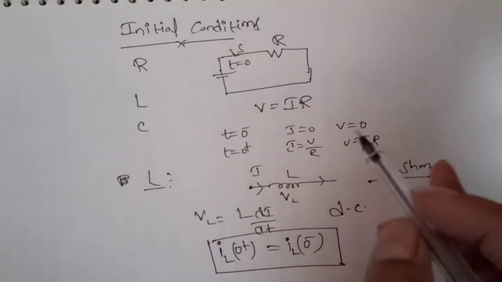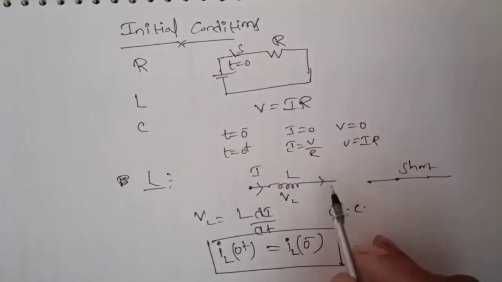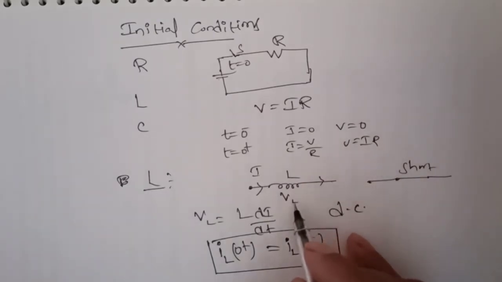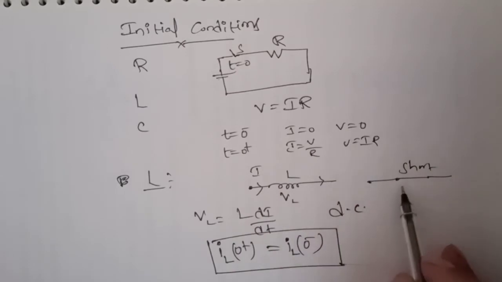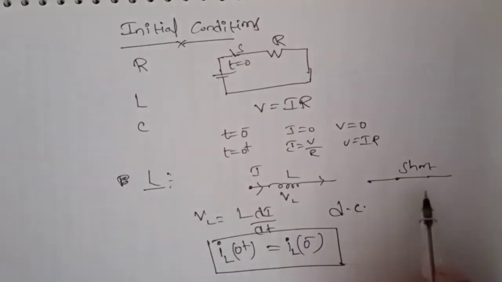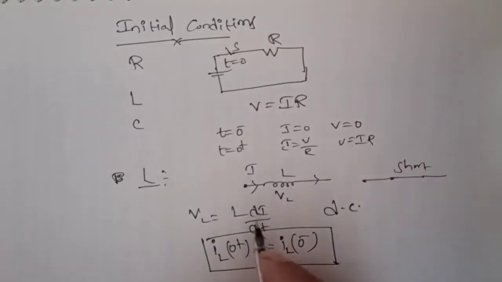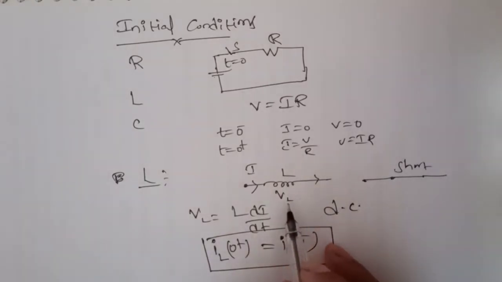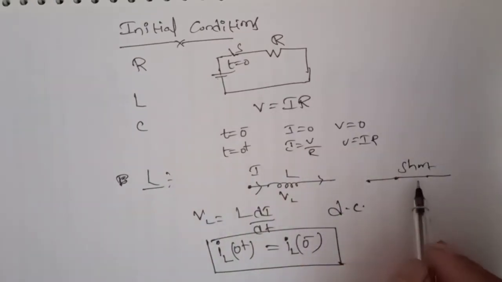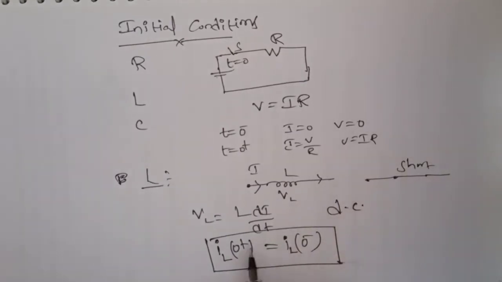For example, you are running the circuit for a long time, then we know that the inductor acts as a short circuit. There you can expect certain current. So at that time, reference time t equal to 0, if you switch off the power, the current suddenly does not go back to 0. Why? Because we know that it can act as a certain energy source. So from a long time we are operating, it acts as a short circuit, that's why the inductor never allows sudden changes in the current.